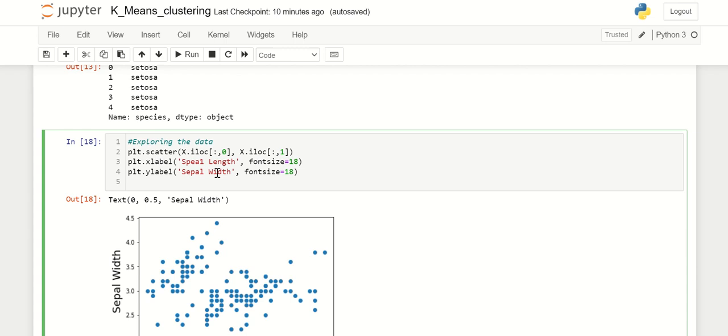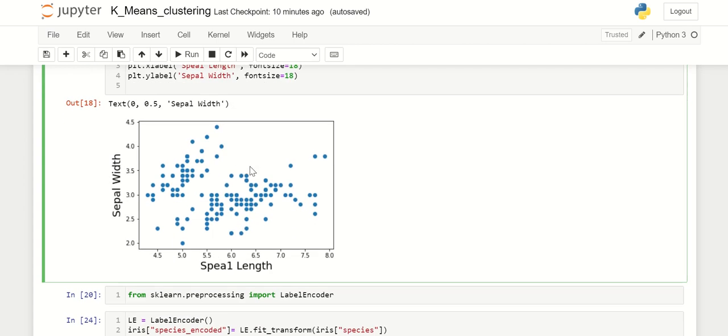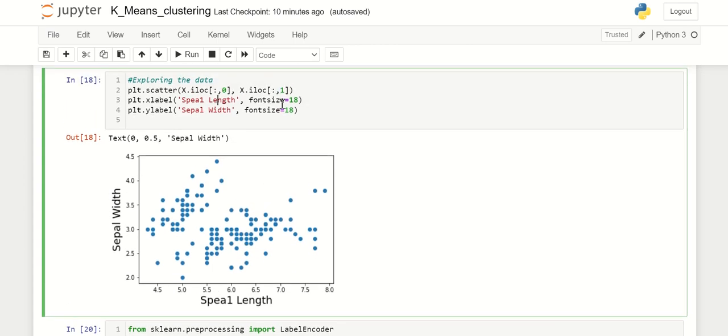If we simply plot the scatter plot of our input and output, we can see sepal width, sepal length, and our output. But the problem here is that there are multiple points, I guess 150 points, and all of them are represented in a similar color.